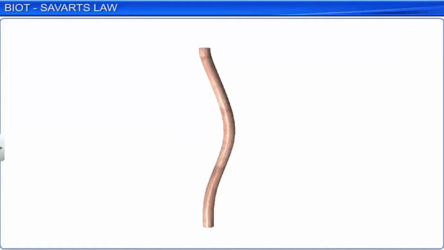Now, consider a finite long conductor XY of any arbitrary shape carrying a current I. Let P be a point in the magnetic field of the current-carrying conductor. To determine the magnetic induction B at point P due to the current carrying conductor,